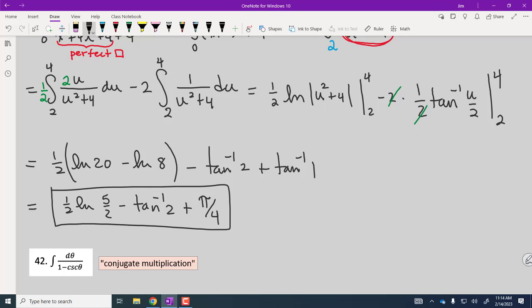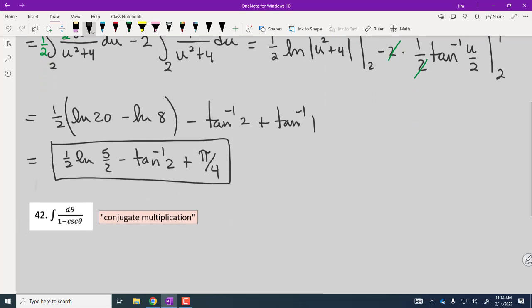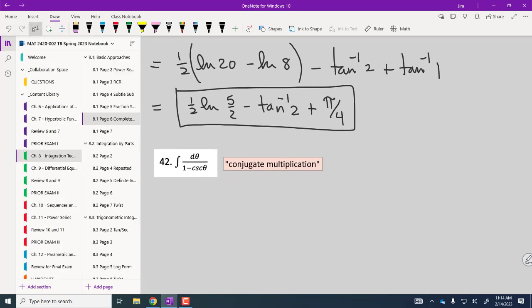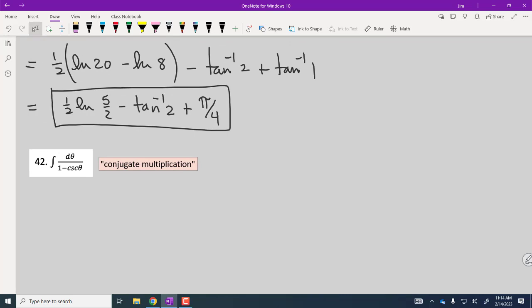So that is our final answer. Okay. Last one on this slide. Do we have one more page of this still? Oh my gosh. Okay. So conjugate multiplication. Somebody mentioned conjugates earlier. And here is where they come up. So we've got this